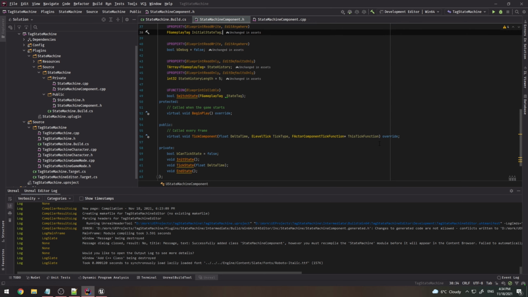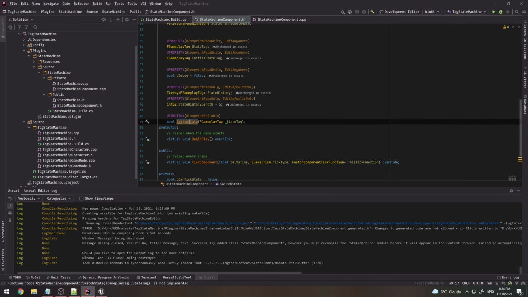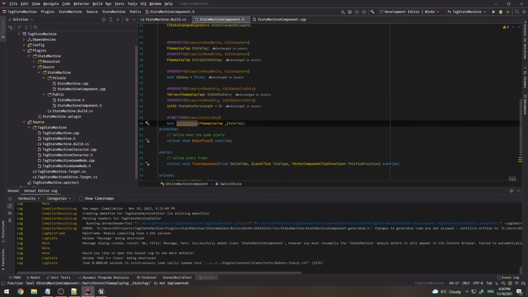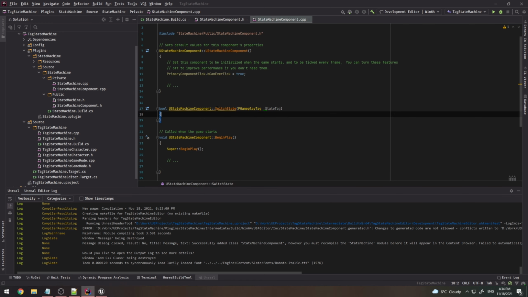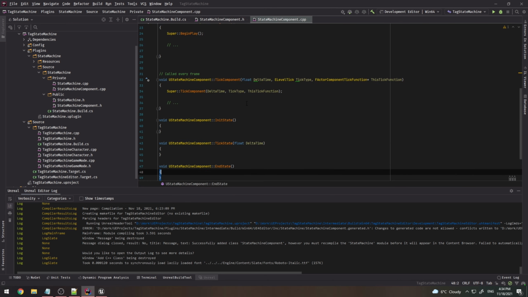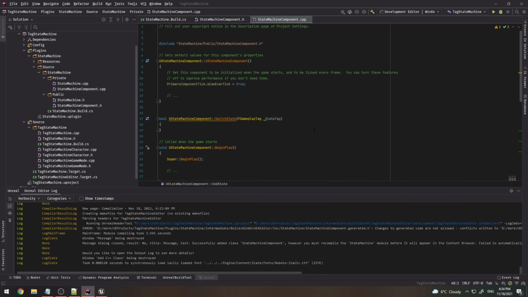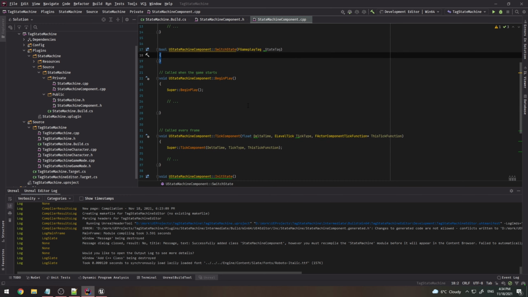Now we need to move on to the CPP file, so the actual functionality. Rider is really awesome because we can actually auto-generate some implementations, and this is what I'm going to do here. So I'm going to auto-generate InitState, TickState, and EndState. Really cool. There we go. Okay. And now we can